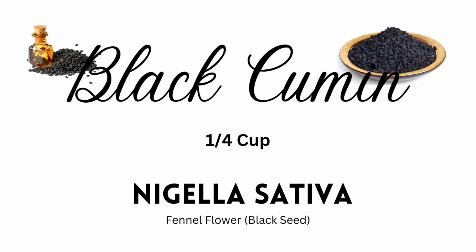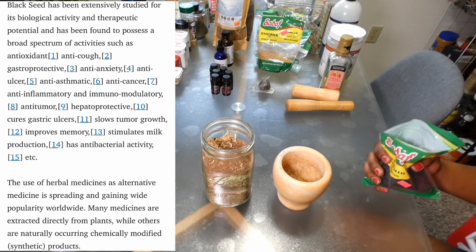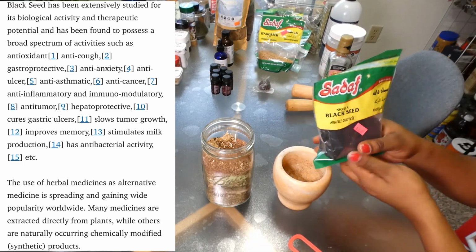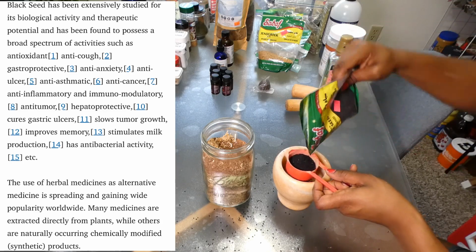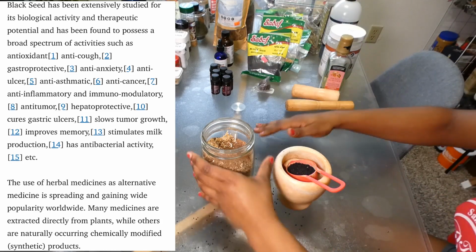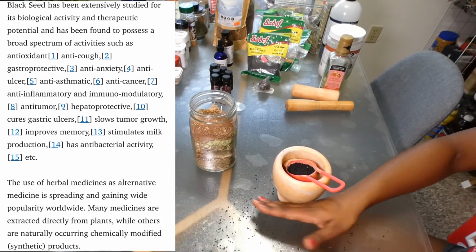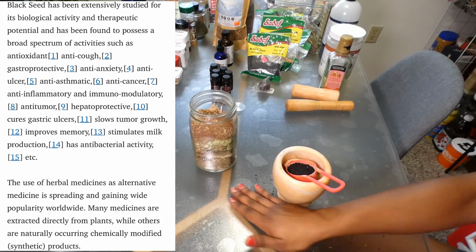Black cumin, Nigella sativa, fennel flower, black seed. Nigella sativa, which is the black cumin seeds, has been extensively studied for its biological and therapeutic potential and has been found to possess a broad spectrum of activities such as antioxidant, antibacterial, anti-cough, ulcer, fungal, asthmatic, cancer, inflammatory, and